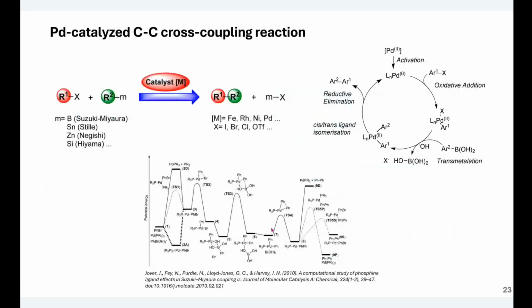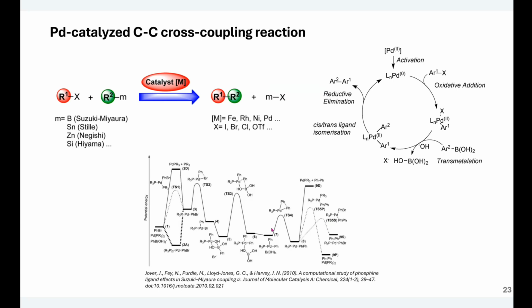Another model, another chapter here: a model for palladium-catalyzed reactions. Everything that you heard before this point was organic or element-organic. Here comes the metal, probably one of the simplest metals to model because it doesn't have tricky, weird spin states. It's just palladium. And palladium-catalyzed reactions are a cornerstone of synthetic organic chemistry. They're among the most used